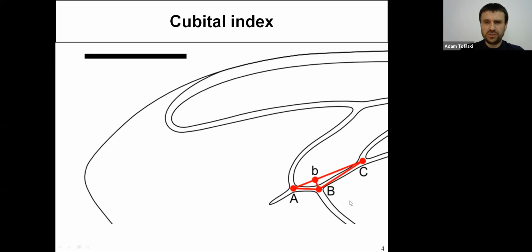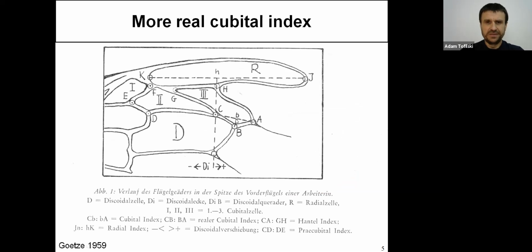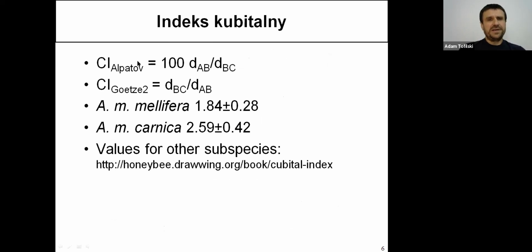It's a proportion of two vein lengths. You see here a part of the wing. And here is one of the old publications by Goetze. You can see that it's also not clear how the cubital index was defined at all times, because it's either measured along the veins or along the section, which is not exactly as is done today. Anyway, the cubital index was first introduced by Aupatov, who was a Russian scientist, and this was